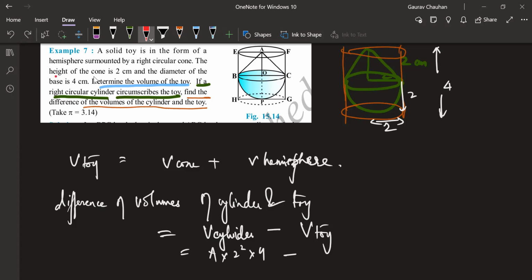This question is saying height of the cone is 2 centimeter. So AO is 2 centimeter. Separately it is saying diameter of the base is 4 centimeter. So this full thing is 4 centimeter. If this full thing is 4 centimeter, how much is BO? 2 radius. OP is also radius. Hemisphere है ना, तो उसका सारे तरफ radius same होगा ना. This is also 2 then.